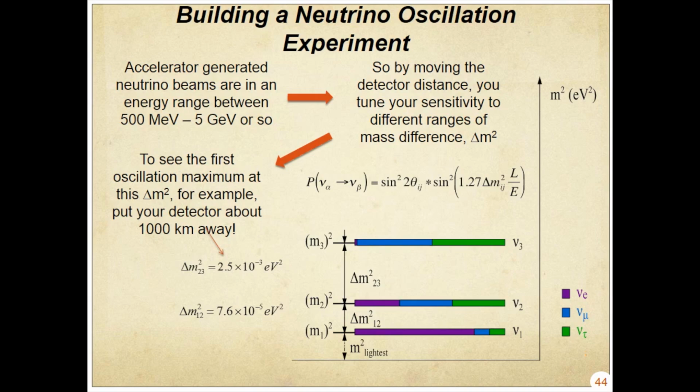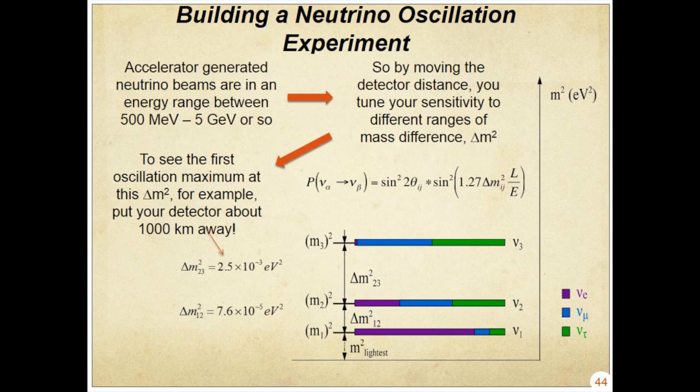So what do you do? An accelerator beam is kind of in the, let's call it 1 GeV energy range. By moving the position of your detector, you can tune what you want. In order to observe the oscillation, you want the argument of this sine to be of order unity, so that this term doesn't just disappear. If this number is small, sine theta equals theta for small theta, and you're going to lose all of your oscillation effect. So you've got to tune your experimental parameters to dial in on a mass splitting that the universe has picked.